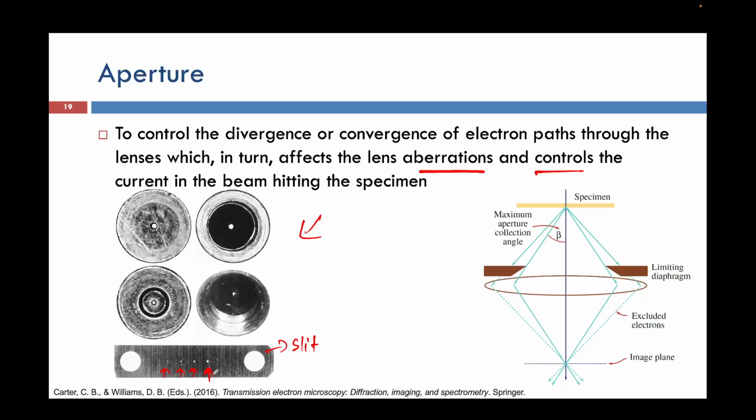Here you can see the specimen, and this is the objective. So this is the objective lens system. After the objective, let's say this is the intermediate lens system. So after the specimen,